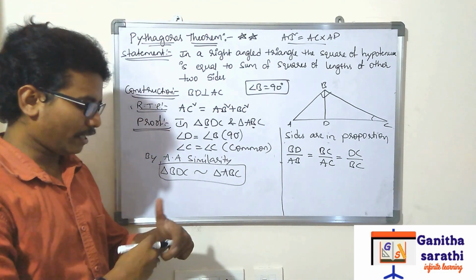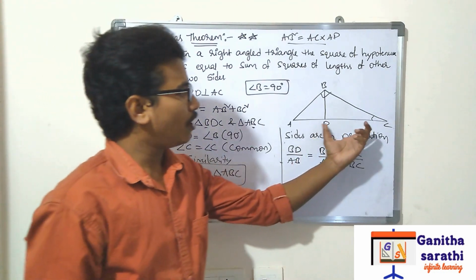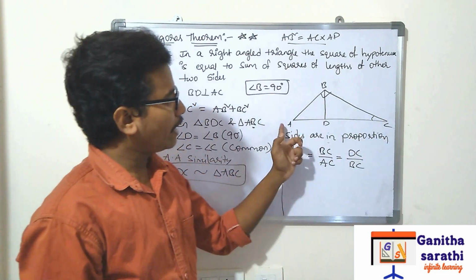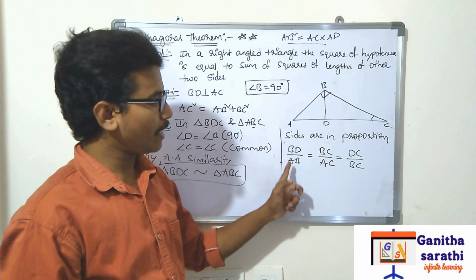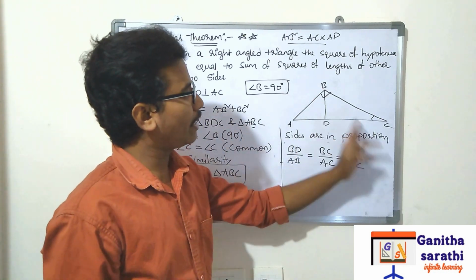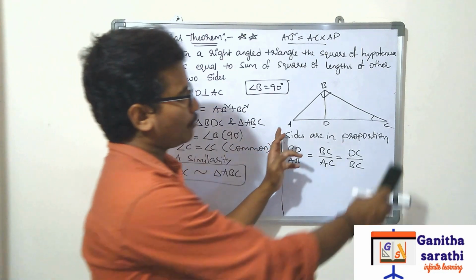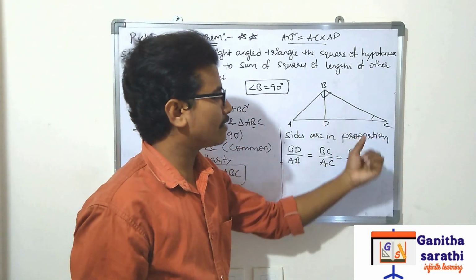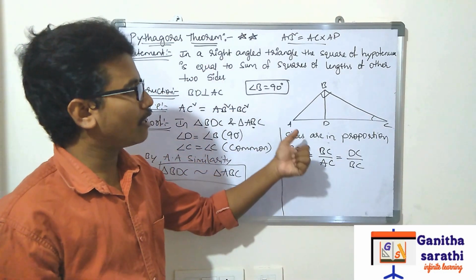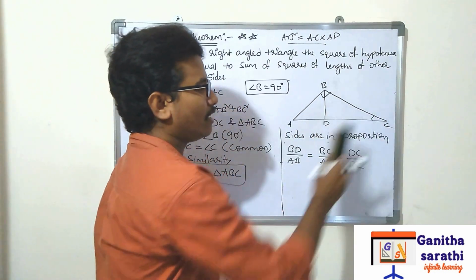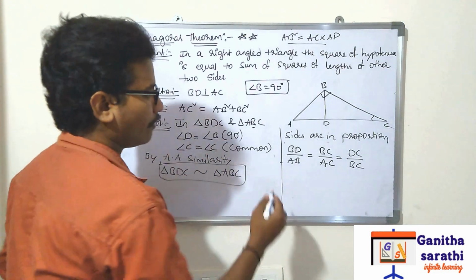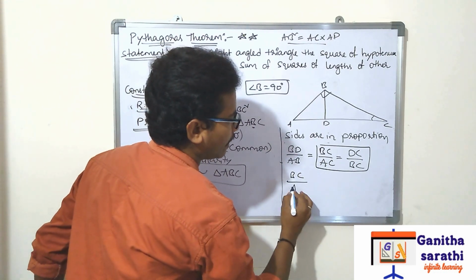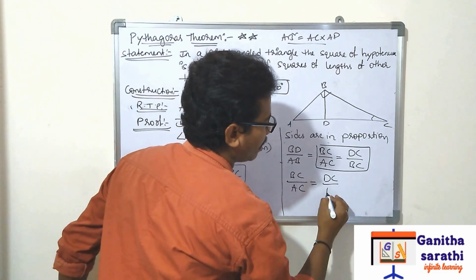Understood all of you? I will explain again. In the small triangle BDC, BD is the smallest side. In the total triangle, AB is the smallest side. Next, in the small triangle, BC is the hypotenuse, and in the big triangle, AC is the hypotenuse. Next, in the small triangle the remaining side is DC, and in the big triangle the remaining side is BC. Now, we don't want the first ratio. Take these two only. By taking those two, BC by AC is equal to DC by BC.